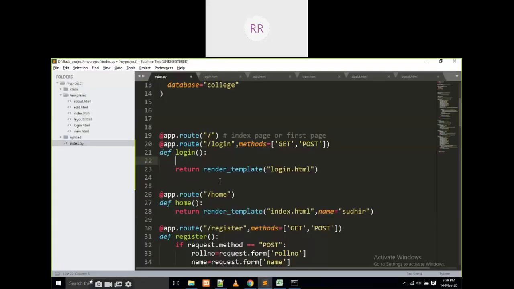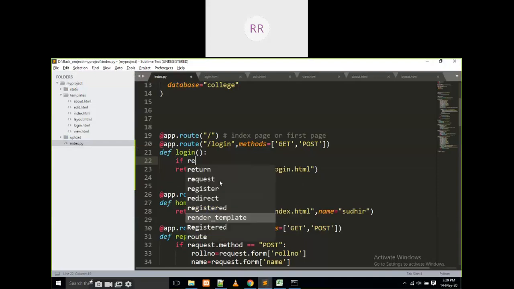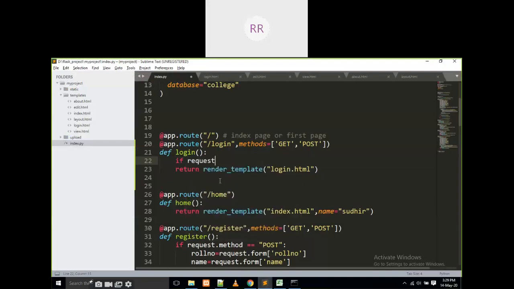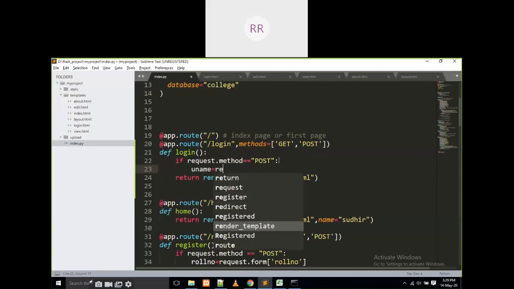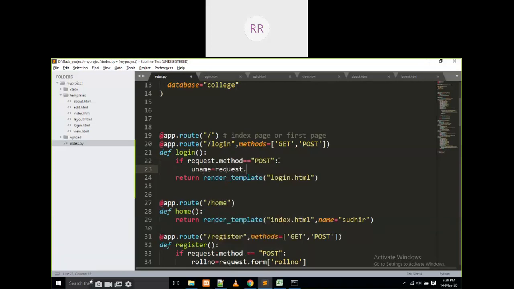Now I have to find that if request dot method is equal to post, I am going to call username is equal to request dot form of what I wrote, what is the name there, uname, right?